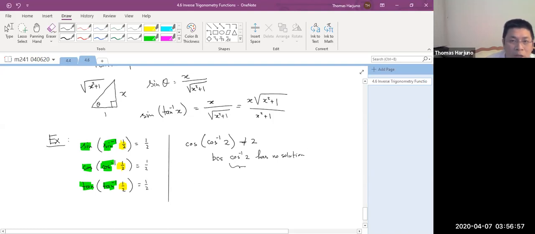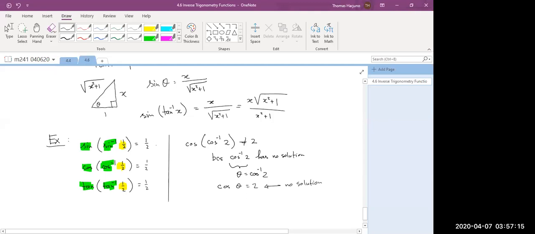Suppose this is theta, right? Suppose this is theta, then theta equals cosine inverse of 2. It means cosine theta equals 2. But there's no solution for this. You see what I mean? Yes. So in other words,